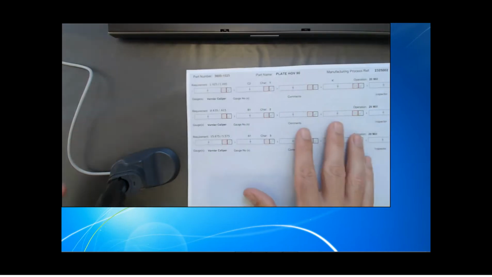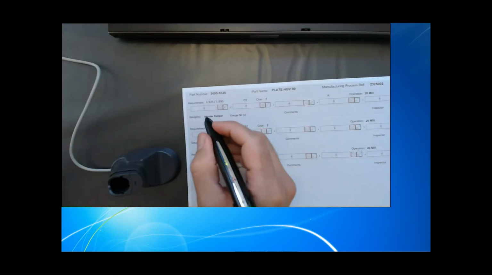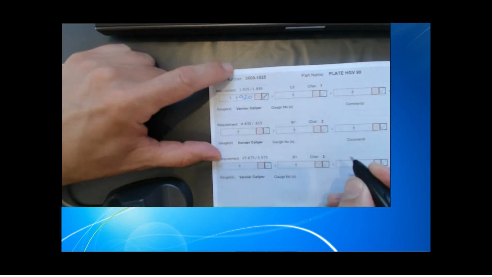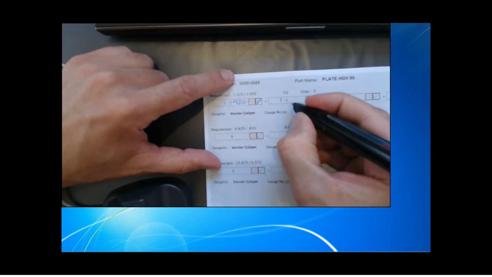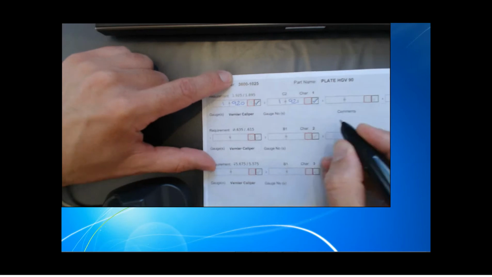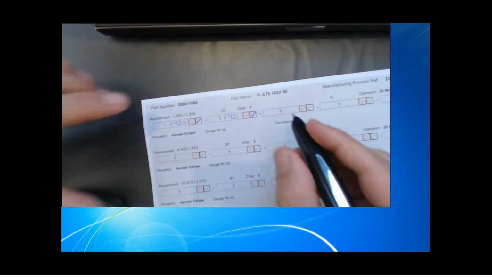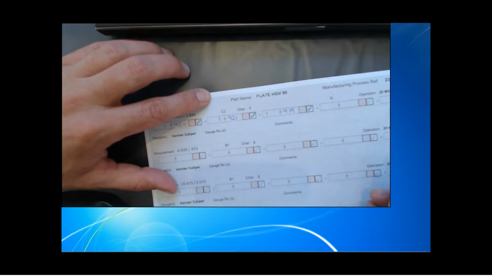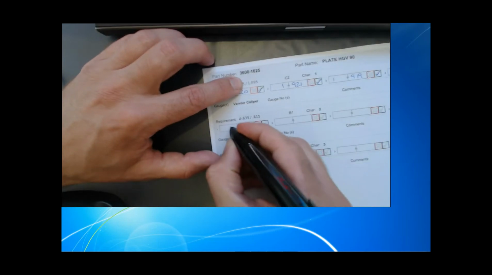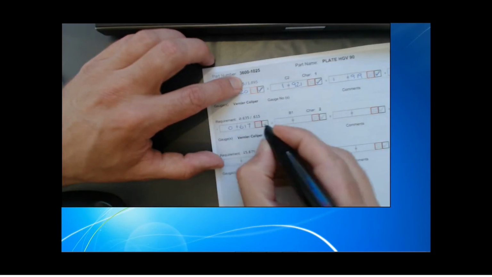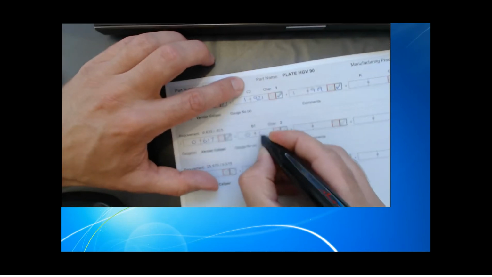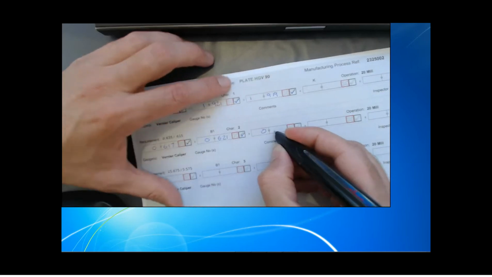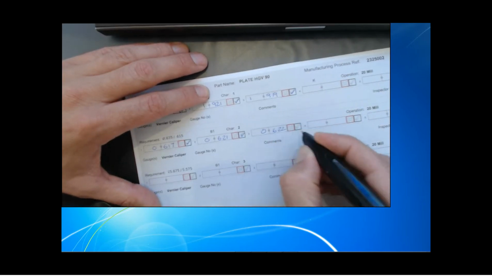So here's the sheet that's just come off the laser printer. I've undocked the pen and now I'm going to start writing results on the sheet. You'll notice I'm ticking the box to indicate that it's a pass result. Obviously I'd put a cross in the other box if it was out of tolerance. If I wrote a result that was out of tolerance but I ticked pass, then it would automatically reject that result. So it knows what the requirement is, and you'll notice that in the background of the paper it's like a very faint grey background, and that's actually a special pattern of dots